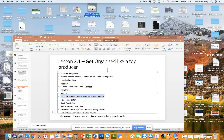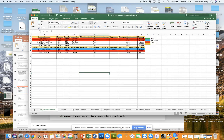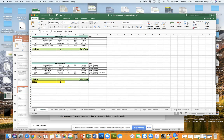Let's show you LNS production. This is what we call our listing and sales production. Basically, it's the same thing as the whiteboard at your office that tracks your listings. It tracks your sales. It tracks everything, but we have our admin maintaining this now. But I love it because everything I write on my board at home